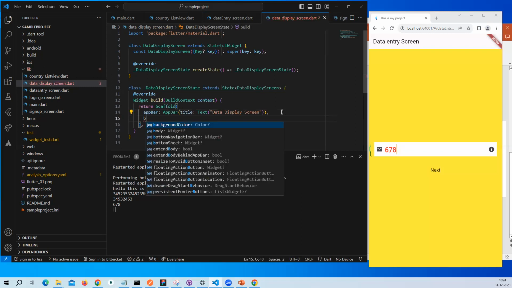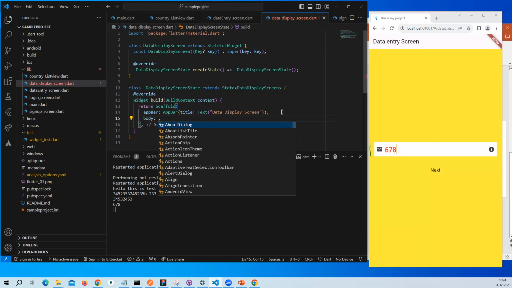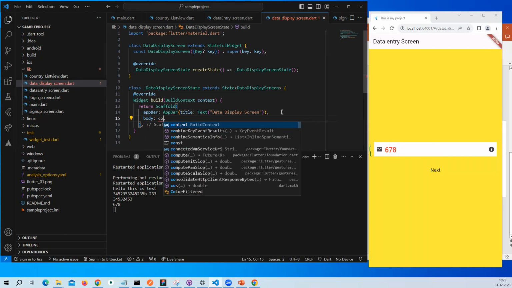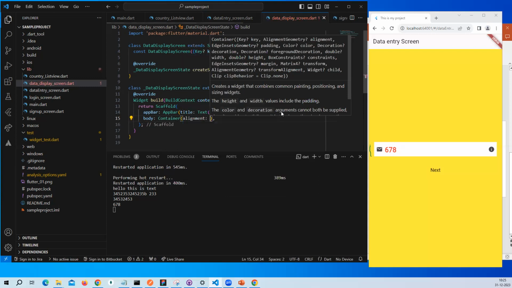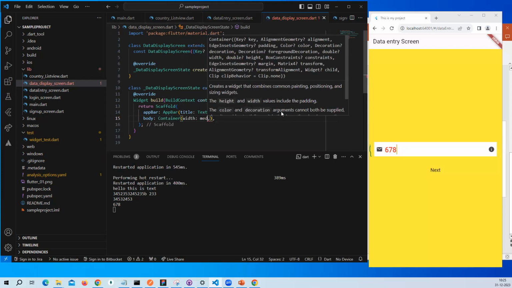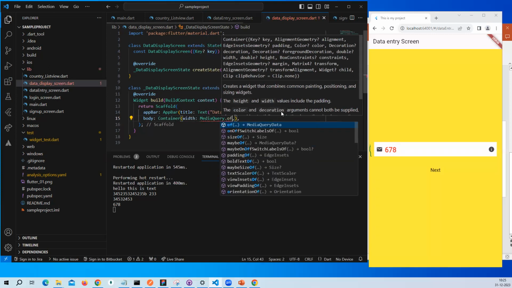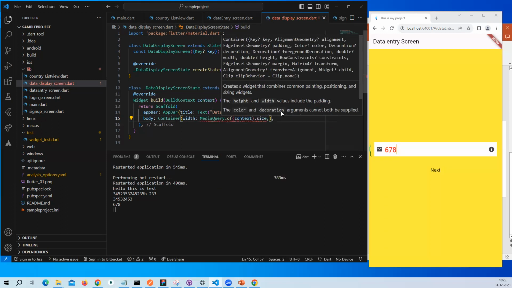Okay, in the body I will load one container. The container with width MediaQuery.of(context).size.width